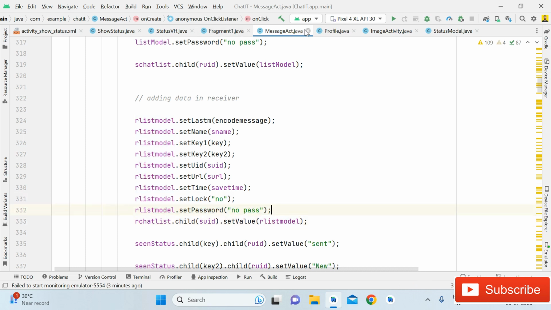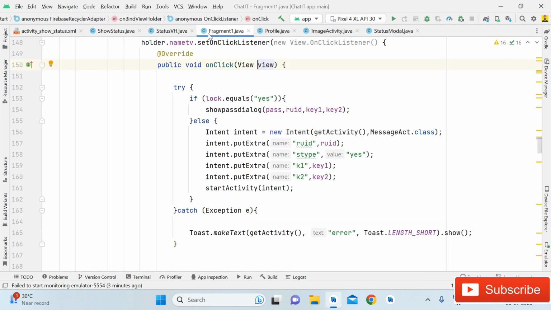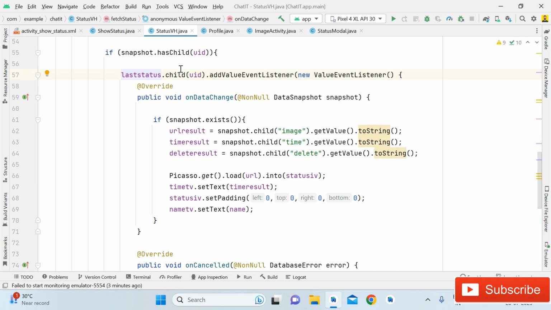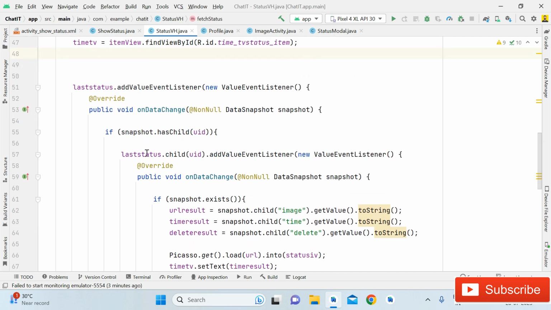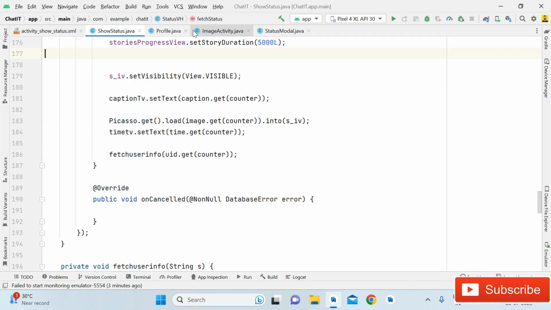And then after that you can close this message activity, and after that guys we will proceed with the, yeah, so now after doing that, you have to open this status vh, and here guys you have to use this last status instead of status reference. Okay, because previously I was giving status reference here, so you have to change it with last status. Fine guys, now after that, just close this one, and now it's time to do the coding in the fragment